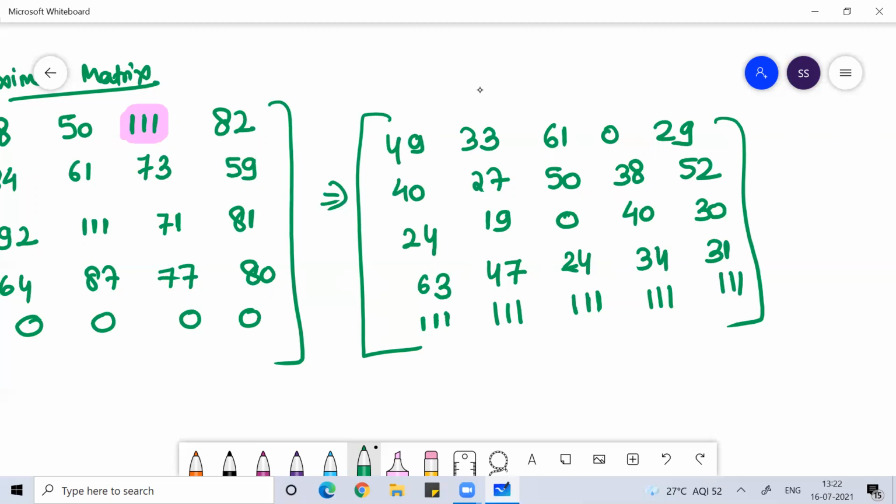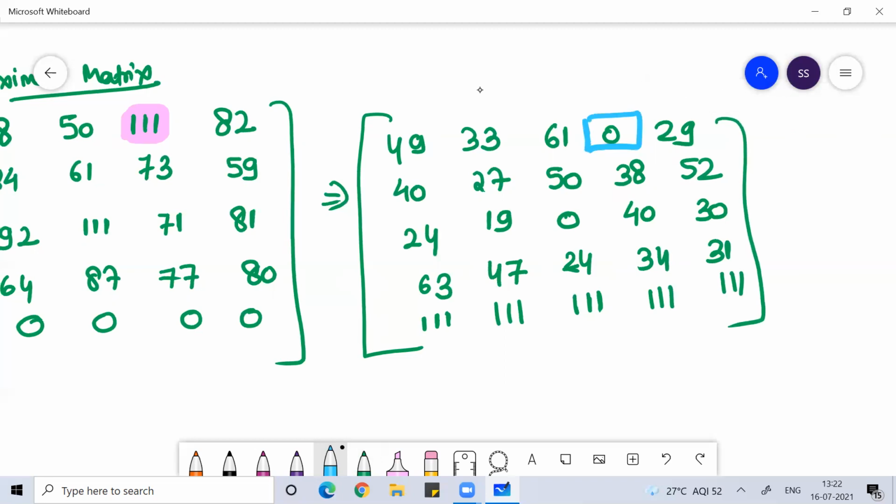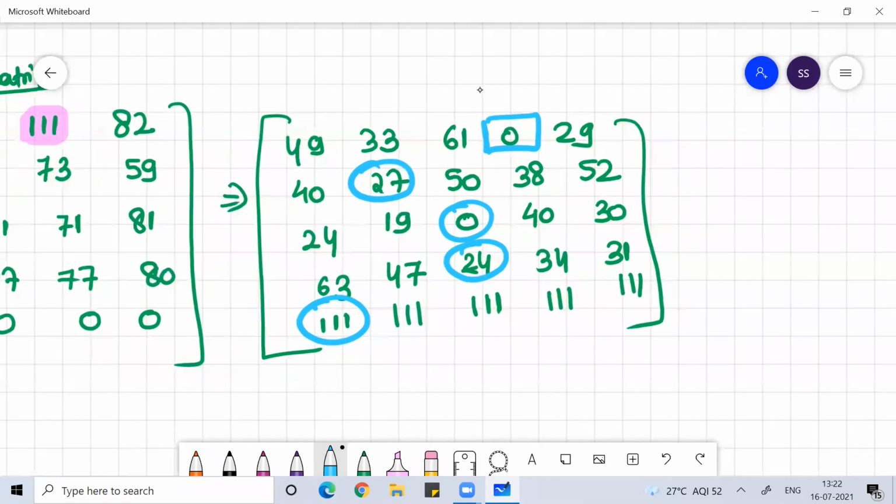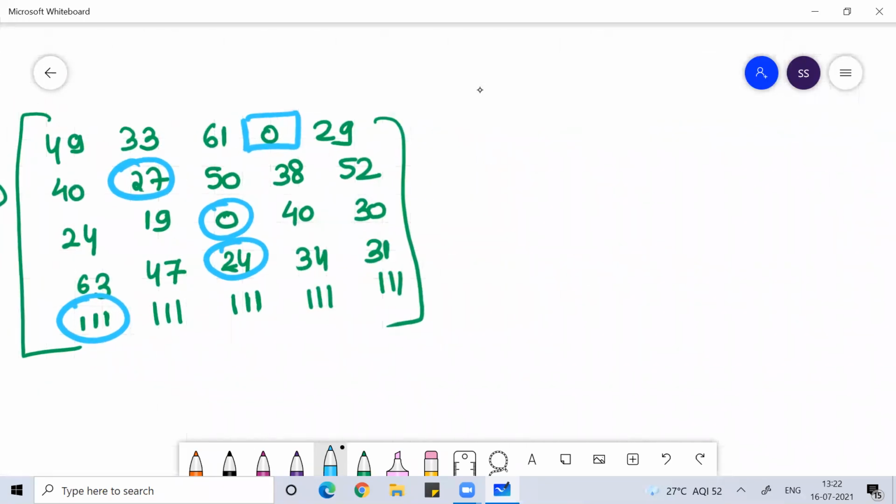Once you converted the maximum matrix into the minimum matrix, identify the minimal element in the row, and then subtract all the elements of the row from that minimal element. Okay, so